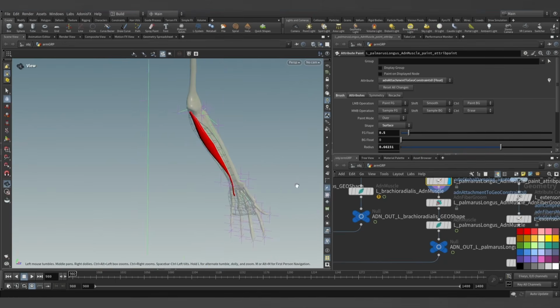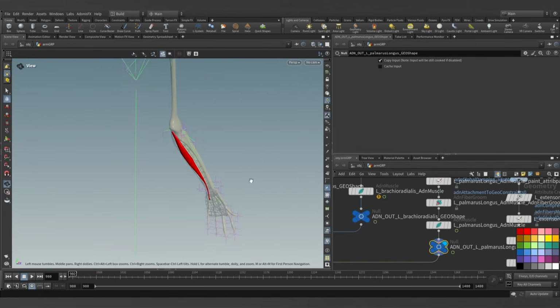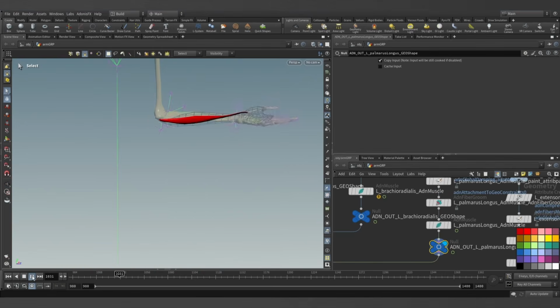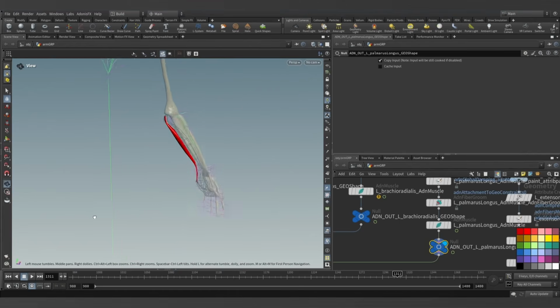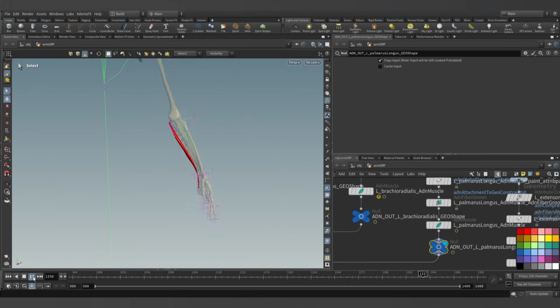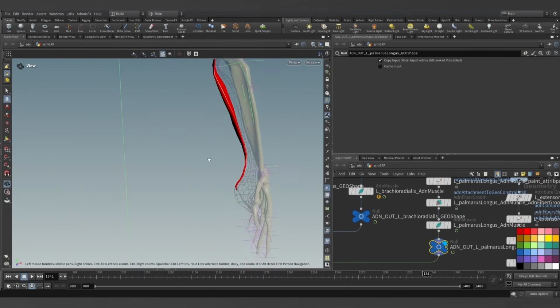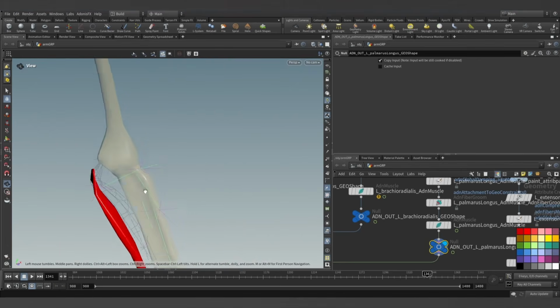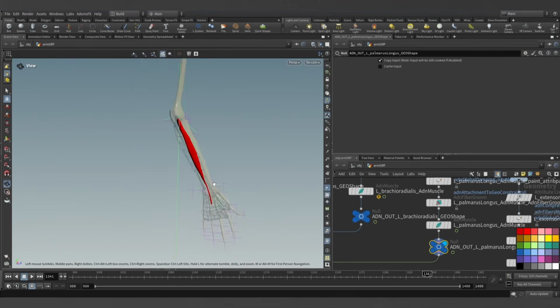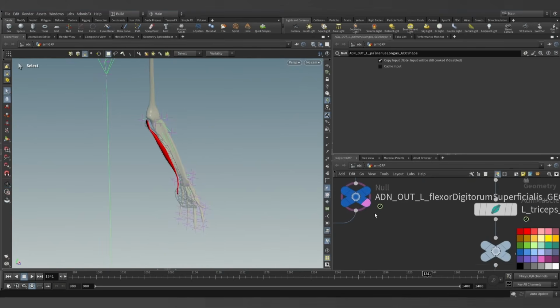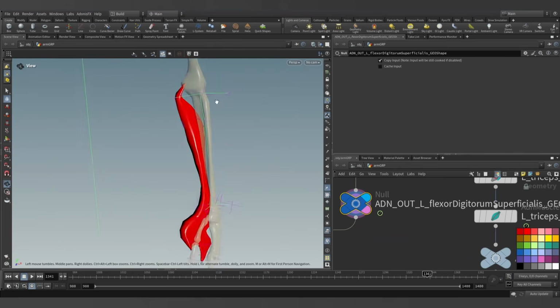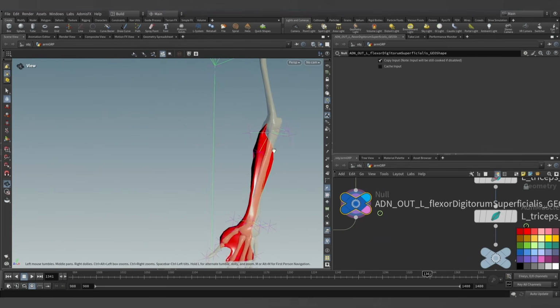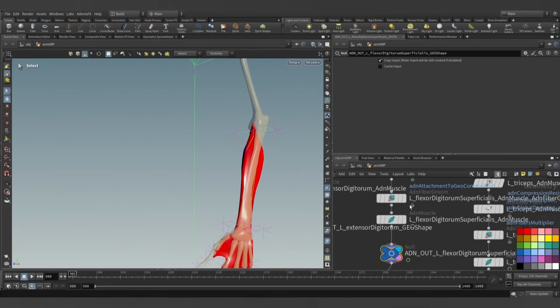So yeah, let's check out that muscle again. And we are going to do that for all of the forearm muscles. So yeah, that looks already a lot better now. Yeah, that's exactly what we want to achieve. Some cases we might even want to make it a bit stronger, at least here for this muscle right here. So maybe we can go back quickly to the flexor, and let's paint a bit more this value up here. So let's go in and paint,